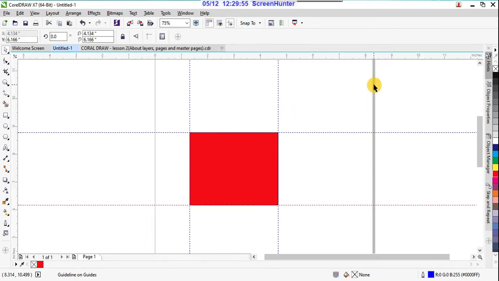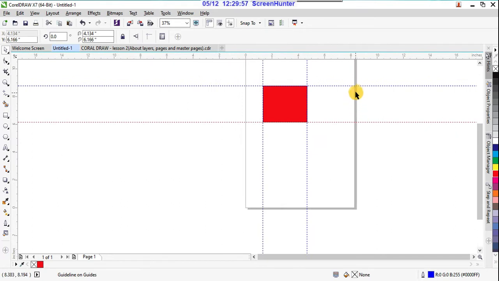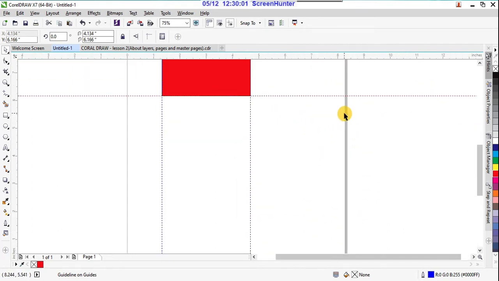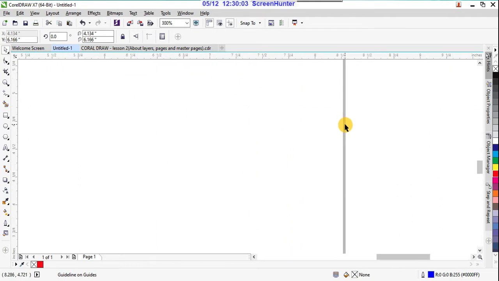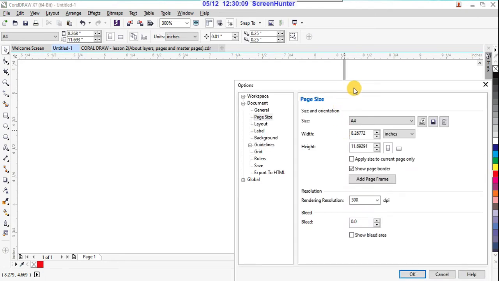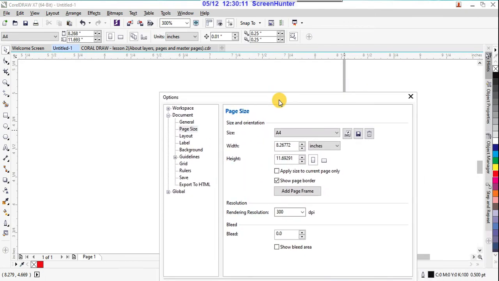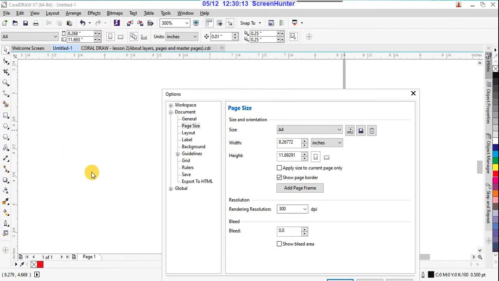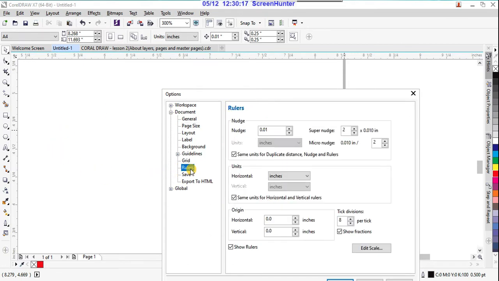Here you observe on the right side a dark gray patch. With your left mouse, just double click on that. The options are available here. In this, the rulers are there, just click on that.